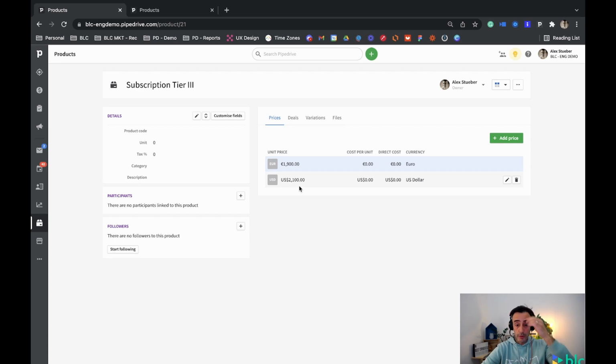I'm not doing any conversion directly, it's just as an example. Okay, so we have now one for euro, and we also have one for US currency. Okay, so that's the two currencies that I decided to work with, and if I'm creating a deal, I can then pick from whatever currency that I wanted to